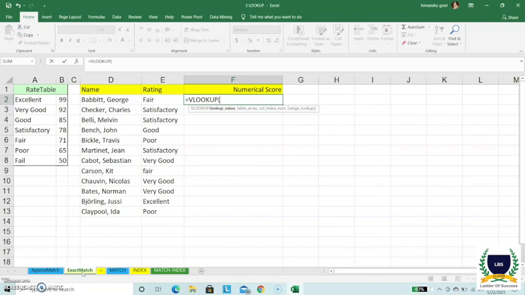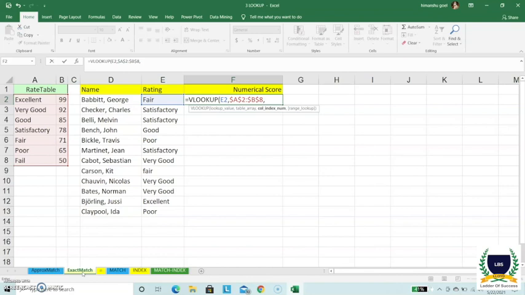First is my lookup value, which is my rating. I'll put a comma. Then I'm looking for my table array, which is this. I'll fix it again because I want to paste this formula in the subsequent cells. If I don't fix it, it will automatically shift the cells and my #N/A will come.